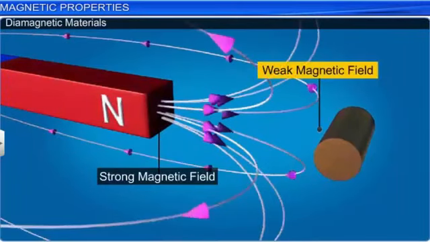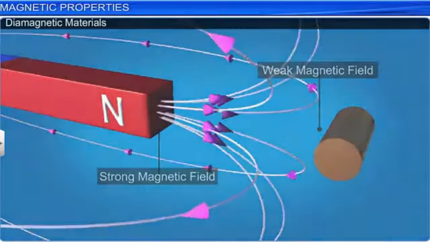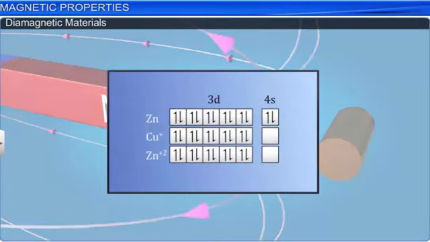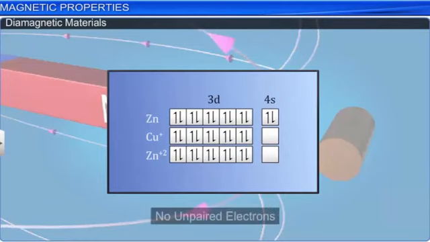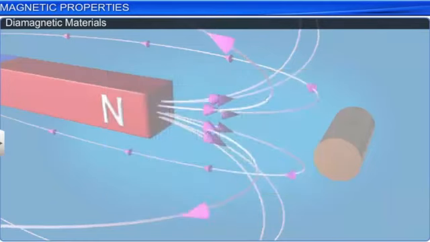Diamagnetism is shown by substances in which all the electrons are paired and there are no unpaired electrons. Although diamagnetism is present in all materials, its effect is very weak in most of them. Some examples of diamagnetic substances are water